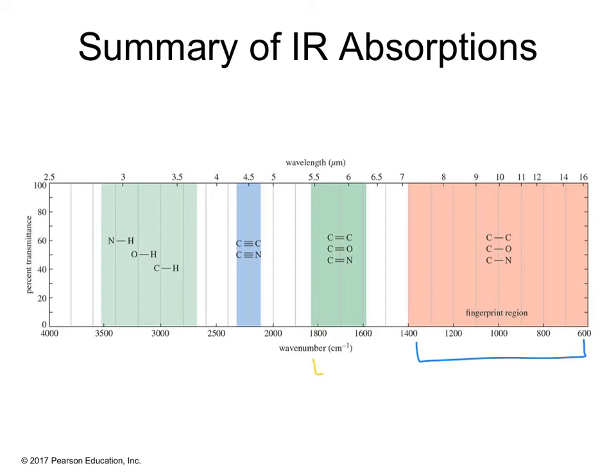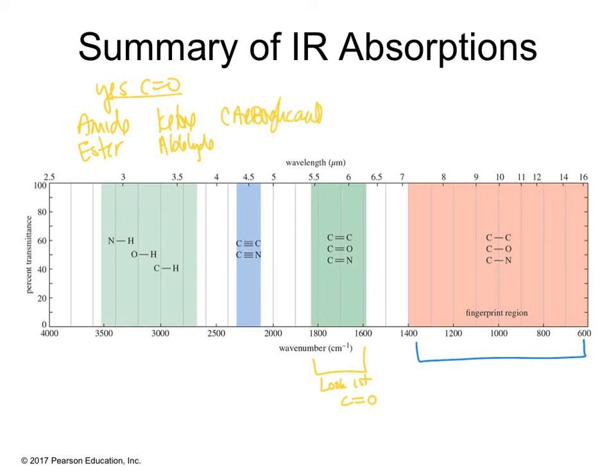And then this is what I look at first. Look in this region first and see, do you have a carbonyl? That will determine whether you have, if yes, a carbonyl is present, you could have what? An amide, an ester, a ketone, an aldehyde, a carboxylic acid. If it's no, you could have an alkane, or we could just say a hydrocarbon,